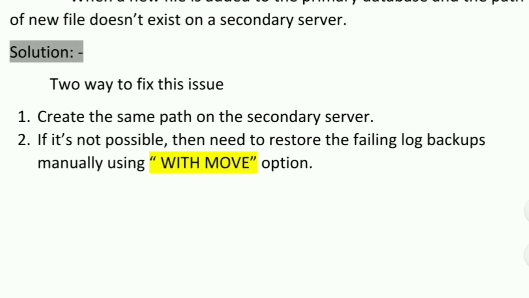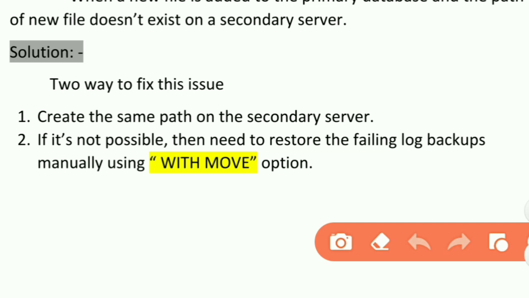So what is the solution? There are two ways you can fix the issue. The first is to create the same path on the secondary server. Second, if that is not possible, restore the failing log backups manually with the move option.